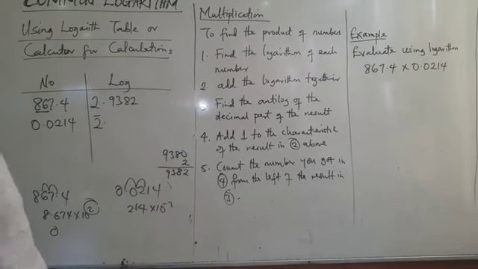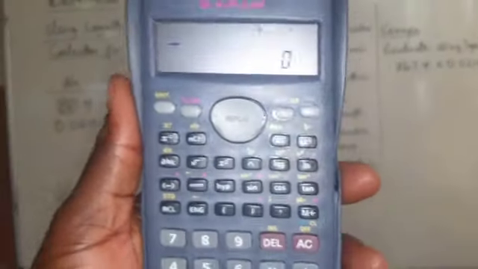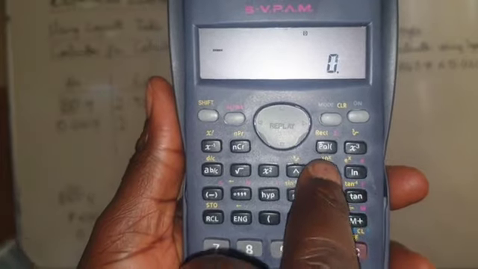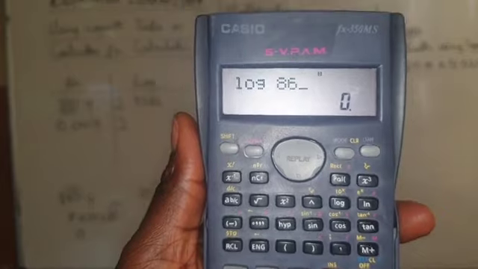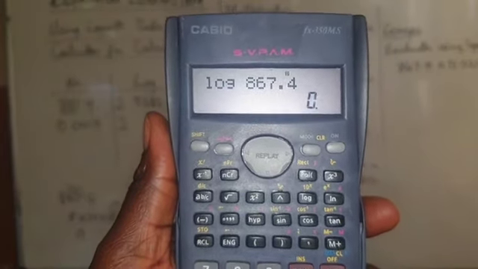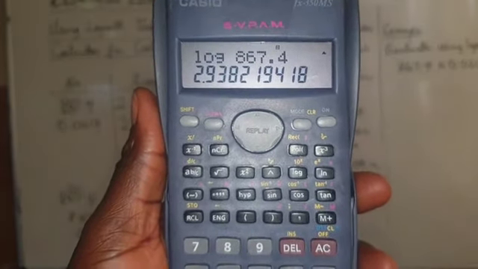So what we're going to do is press on our calculator here. As you can see, this is log. So we press log, then we have 867.4. I press the answer. What do we have there? We have 2.93